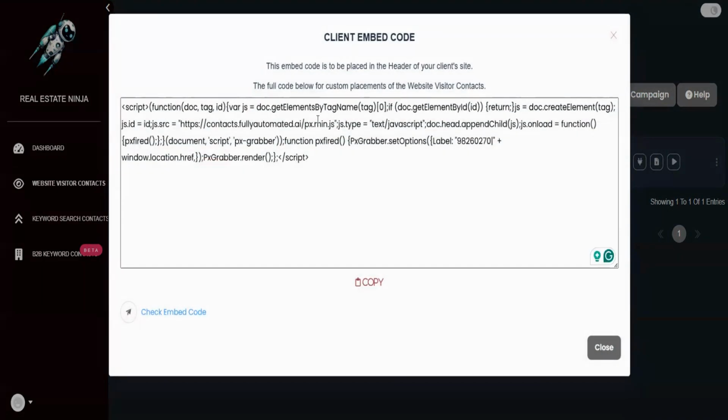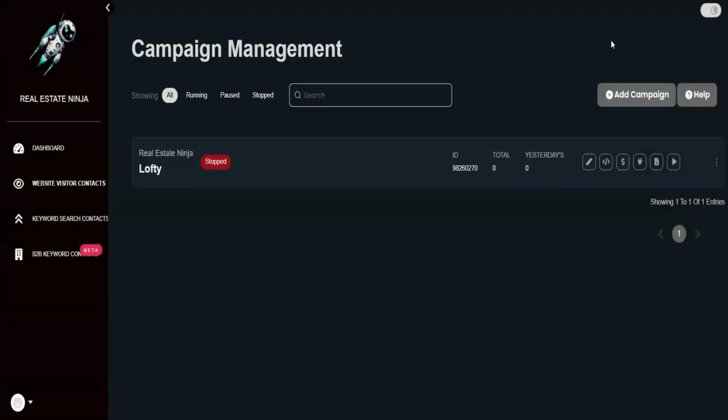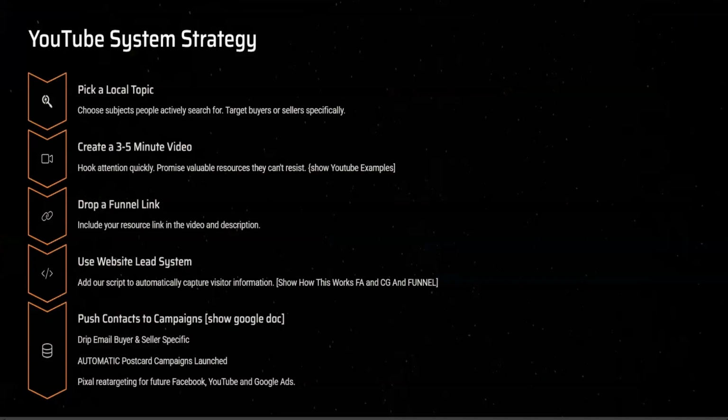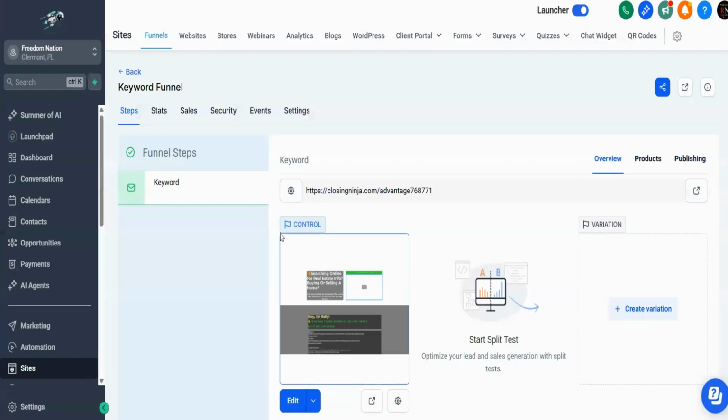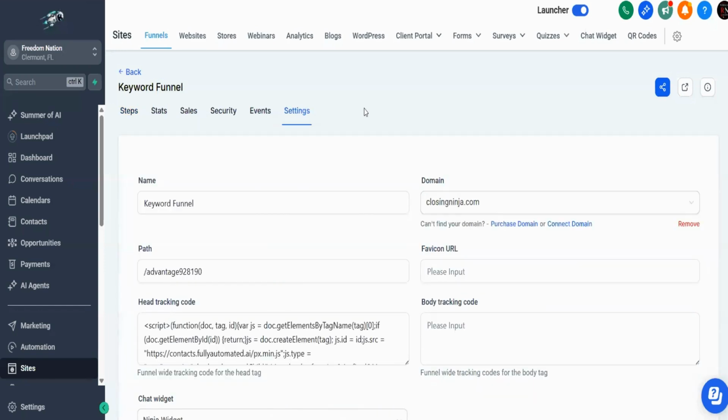You're going to copy this code. Guys, this is how you don't even need to be technologically advanced to do this. Just copy the code. You come over to your website. Let's go back over here. There it is right there. You're going to go into the settings once you create the funnel and drop it here under the head tracking